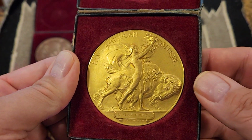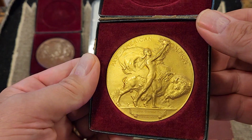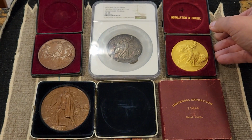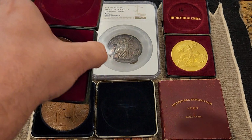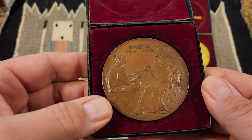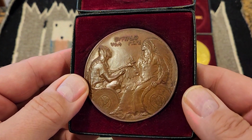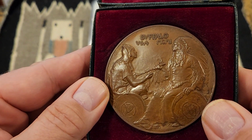The Pan American Exhibition, or the Pan as it became known by the people who attended, was held in Buffalo, New York. Buffalo, then one of the largest cities in America. The buffalo became kind of the unofficial mascot of the Pan, and it can be seen on many of the souvenirs from this period. The reverse of the medal features two First Nation warriors,